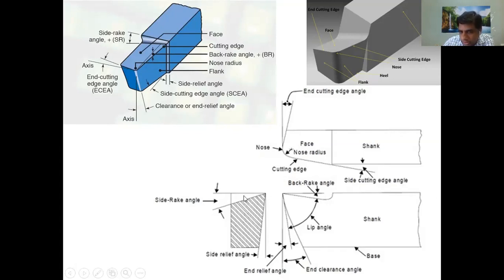Whatever the face perpendicular to the end cutting edge is, that is nothing but this surface. So this surface is also inclined with this particular plane, right? Whatever this angle is, this is also a rake angle, we call it a rake angle, right? So rake angle is nothing but the angle at which your face is inclined with both the horizontal surface as well as the vertical surface, right?